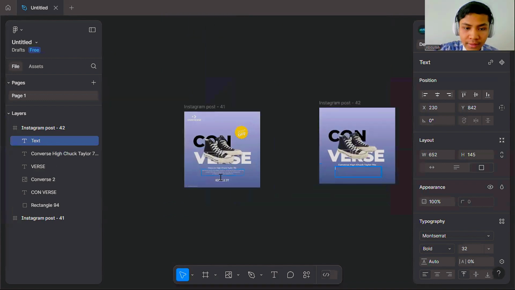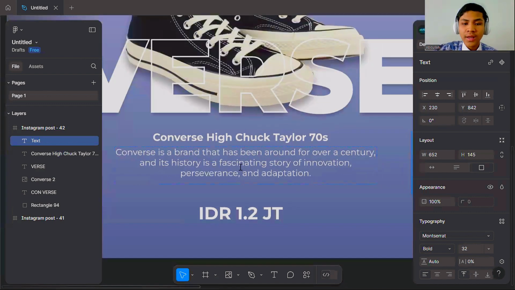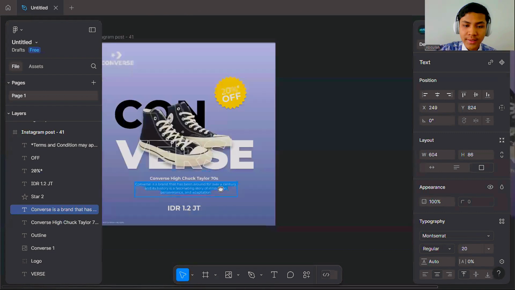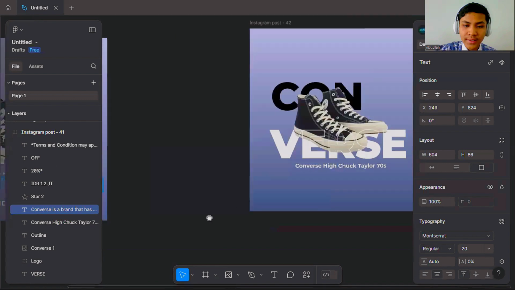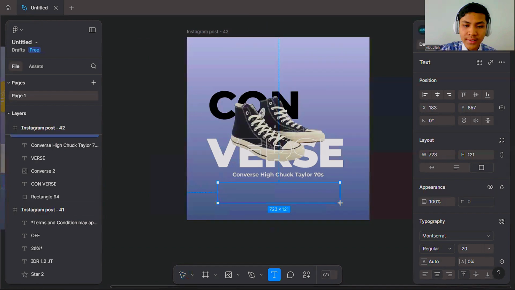Okay, for the description you can search on the internet or a website. And now I will check from this example because we can go faster now. Put on this, drag again. And, okay,